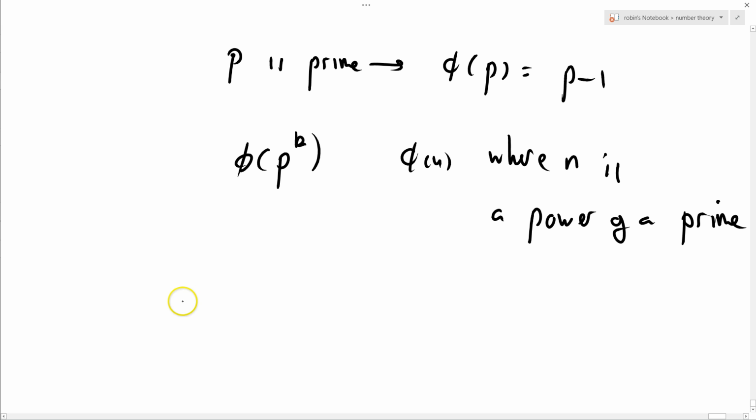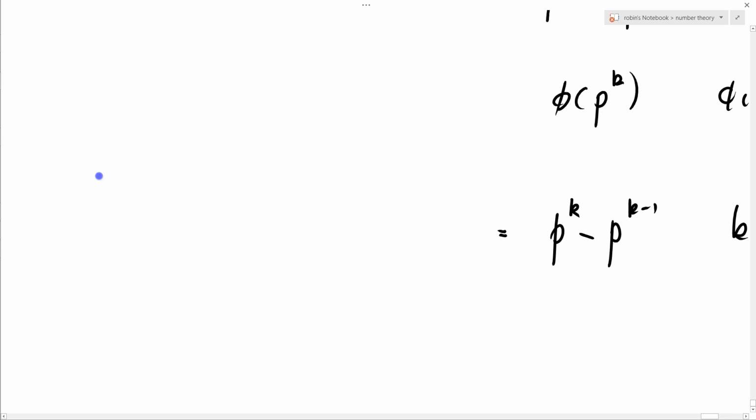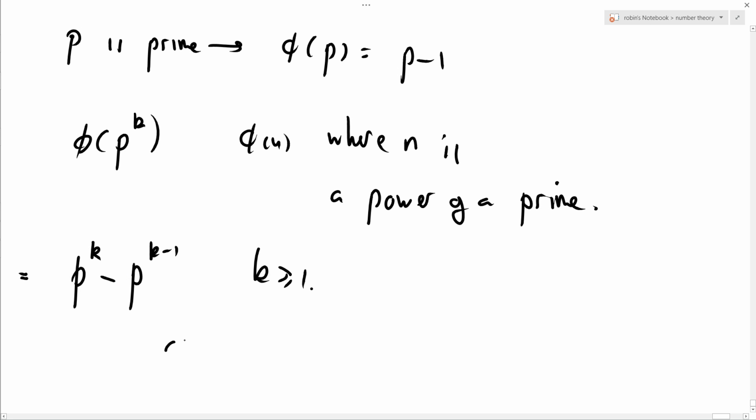Well, what's that? What we're going to do is start with p to the power k, and we're just going to subtract off all the multiples of p. Remember, p is prime, so it's p to the k minus 1. I guess k has got to be greater than or equal to 1 here for that to work. So that's quite nice. So phi of p to the k equals p to the k times 1 minus 1 over p. Writing it in a rather peculiar way, but